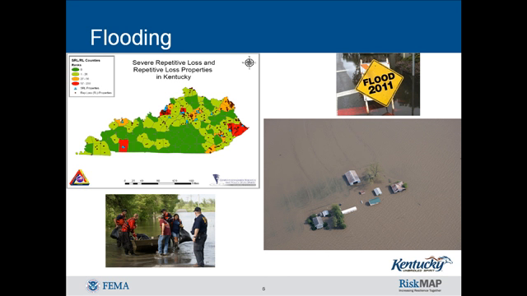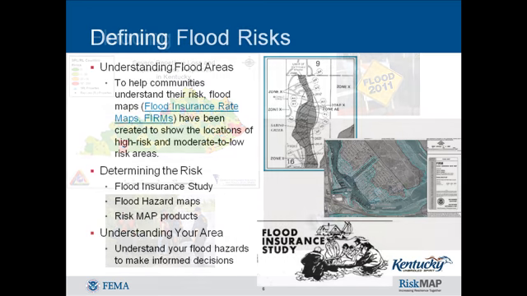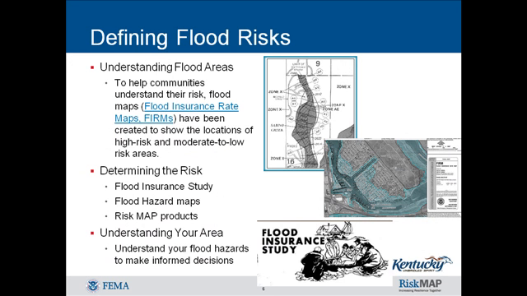The state contains over 89,000 miles of rivers and streams, 637,000 acres of wetlands, 18 reservoirs over 1,000 acres in size, and almost 230,000 acres of publicly owned lakes and reservoirs. Approximately 300 communities statewide have identified flood-prone areas, and for many of the communities, the economic, social, and physical damage caused by flooding can be severe. Flooding can happen anywhere, but certain areas are especially prone to serious flooding.